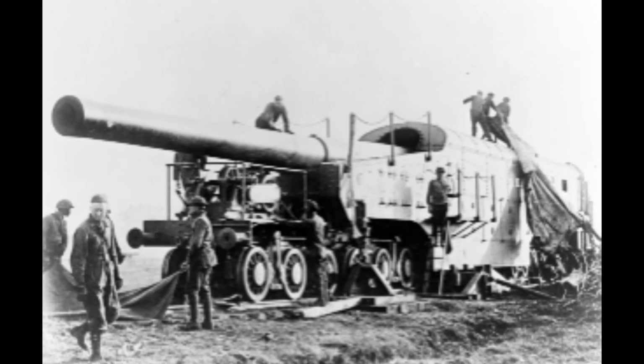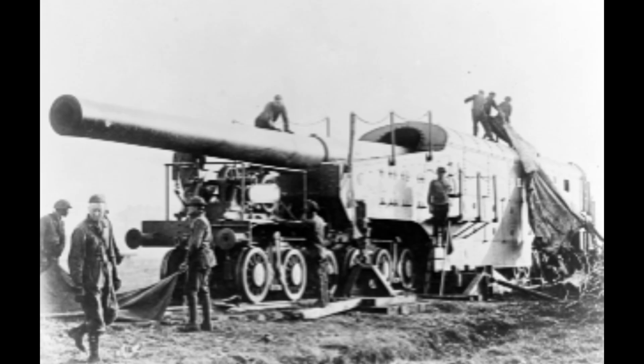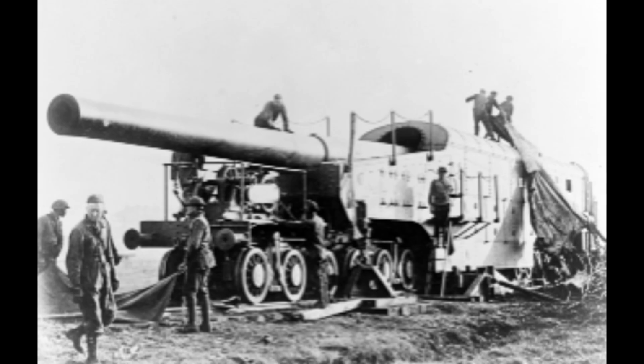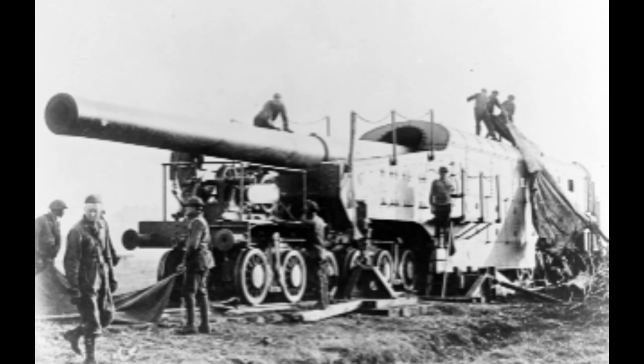Admiral Earle conceived a revolutionary idea. Why not mount these naval guns on railway cars? The concept was not entirely new. Both the British and Germans had experimented with railway-mounted heavy artillery. But the Americans would do it differently, more completely, and with a level of sophistication that transformed a desperate measure